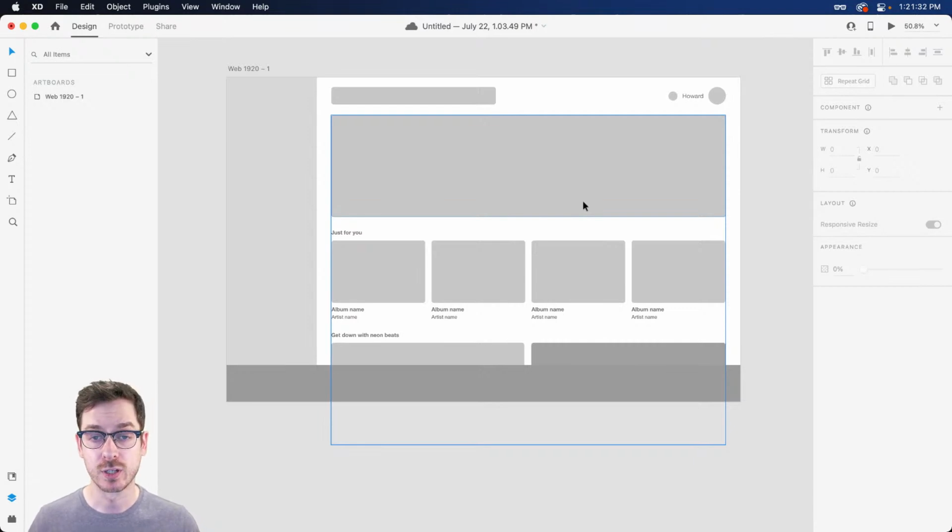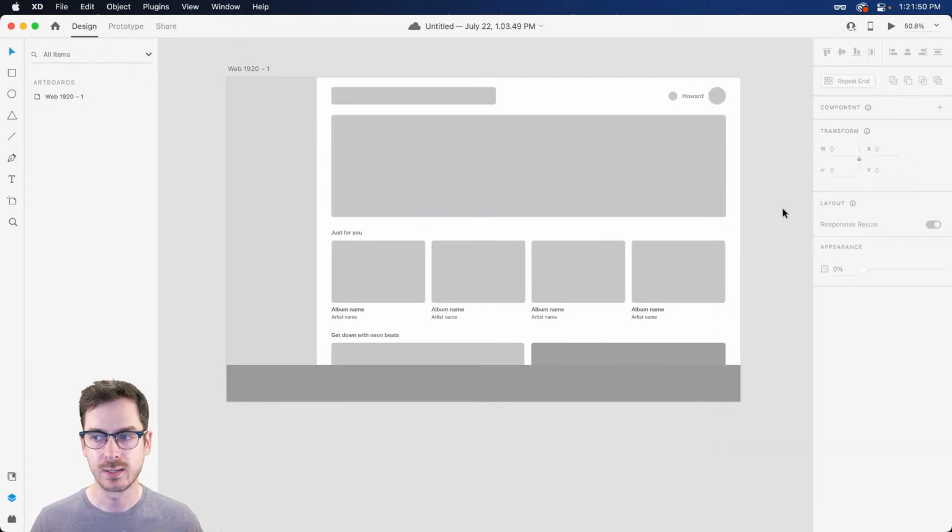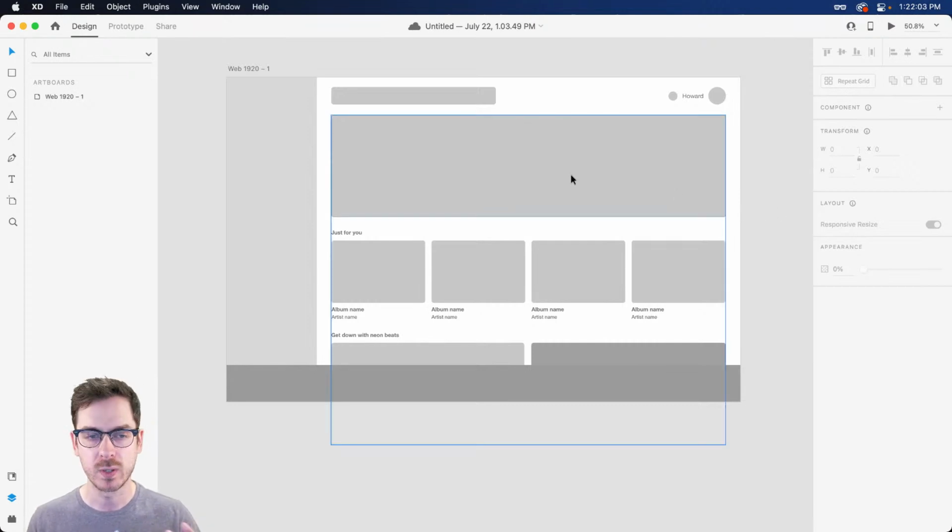Now, of course, there's a lot more that we can add on to this, and we're going to add on to this, but this should give you kind of an idea of where the content is going to go. And if you're working with a client or you're working with a team, this is a great opportunity to kind of pass this along or even invite them to co-edit this document so that they can take a look, give feedback. If you're working with users, definitely get this in the hands of users and ask them, if you were to open this application and take a look at this, would this make sense? Would you know where to tap? Would you know what to do?